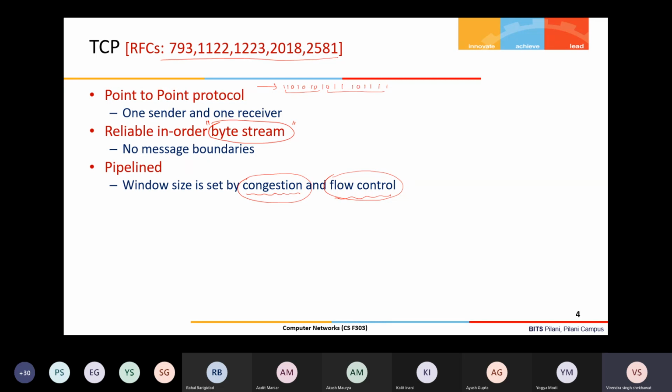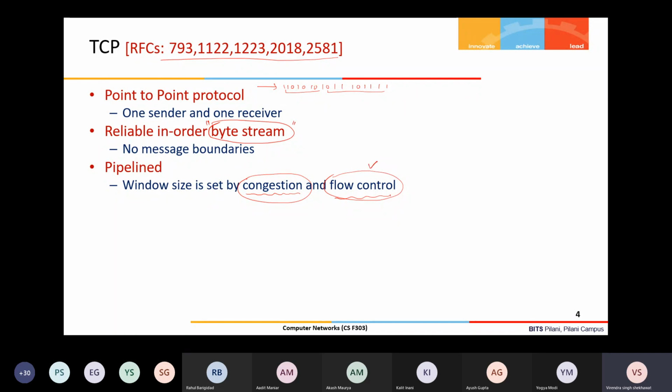Because what can happen is, if my sending rate is higher, the receiver is receiving at a higher rate than the receiver-side machine can process the data. So the buffer which the receiver has kept for receiving the bytes may overflow, and due to the overflow the bytes will be lost and need to be retransmitted again. To avoid that, the flow control concept is used, right?